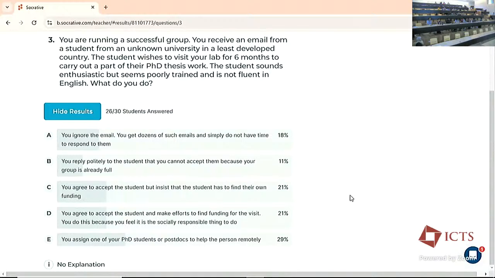And I think we discussed a lot in this group. I think C is the morally correct answer because you cannot really devote a lot of your time to every such email if you get a lot of them. So there's a practical thing to do: you outsource the selection process to some scholarship committee. But again, I think the reality is that this poll does not represent what's actually happening in real life. I don't think I've ever met a person who assigned a PhD student or a postdoc to work with such an application. So yeah, that's what I have to say.